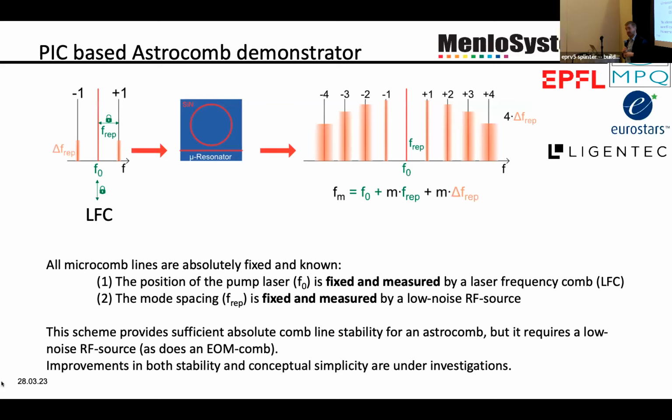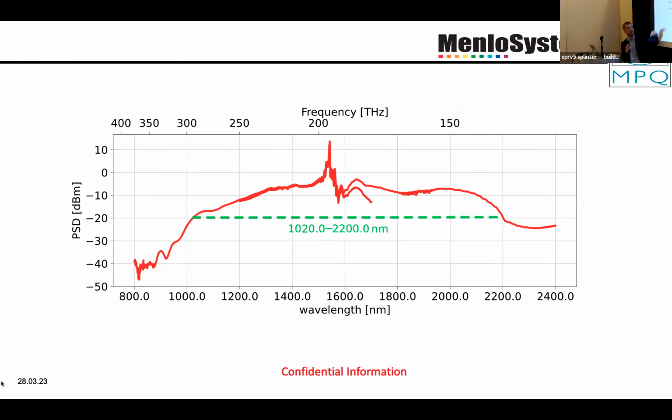We have successfully done this with our smart comb. We pumped a microresonator, which gave us absolute frequency lines that were spaced in the 20 gigahertz range. And this has worked well. But as you can see, it is in that kind of NIR range. The microcombs at the moment aren't as broad, but this is a pretty cool result and fairly large for a